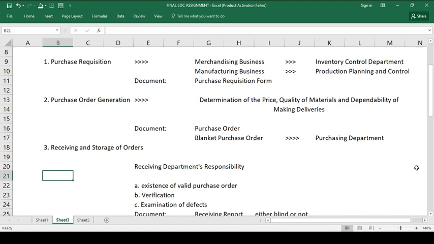Tendency, it might not be refunded anymore. So, we need to examine carefully the orders